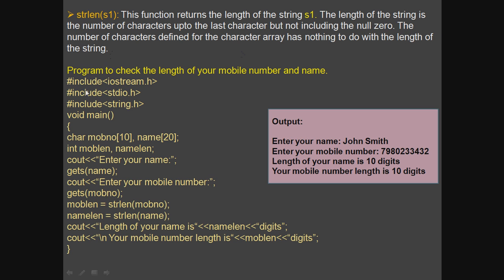Okay, which means that suppose here the mobile number, this is 10, right? But in this case name is 20, right? But when you enter here, enter your name, you may enter, suppose, instead of 20 characters, only 10 characters, right? So that is what it means by this sentence. The number of characters defined for this character array has nothing to do with the length of the string, that is, what you enter here. All right,